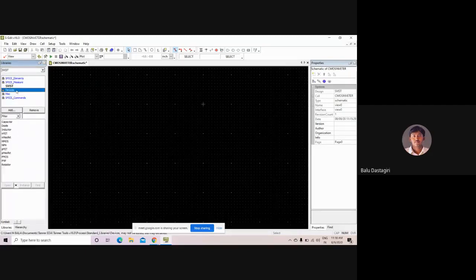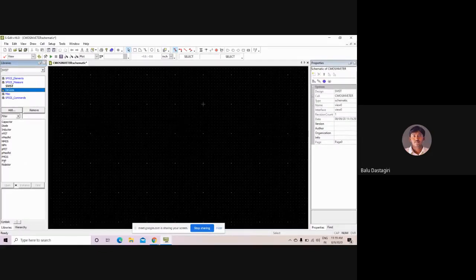Now let us see. In the devices library, predefined symbols are there: capacitor, diodes, inductors, NFET, NMOSFET, NMOS, NPN transistors, PFET, PMOSFET, PMOS, NPN, resistors.